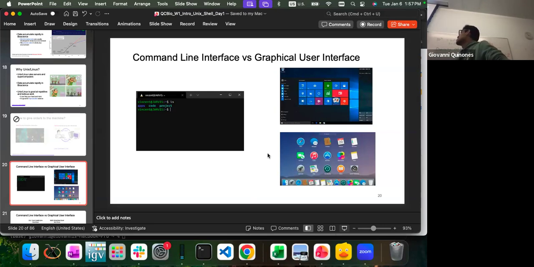And of course, this is a difference compared to the interfaces we're all used to with Mac OS or Windows, where the main difference is that everything is more visual. You can select an icon, you can select a program, and this program does something for you. But if you don't have a program that does the task you're looking for, you have to go and install it. Whereas when you're using the command line, it's completely up to you to develop the program and do whatever you want it to do to get done.